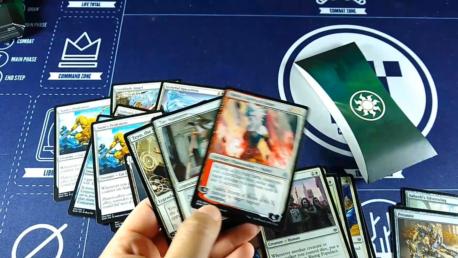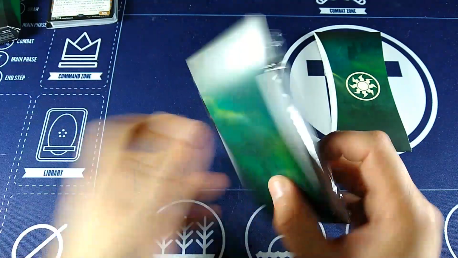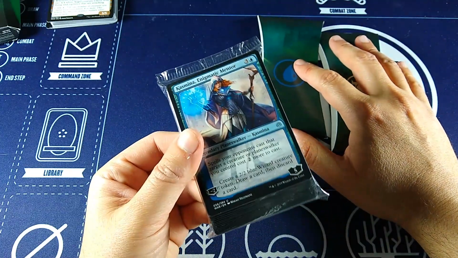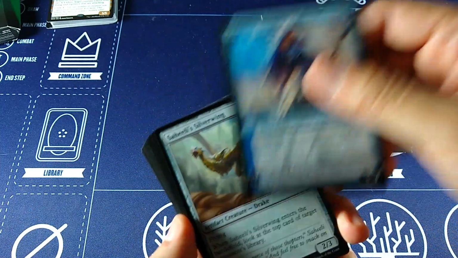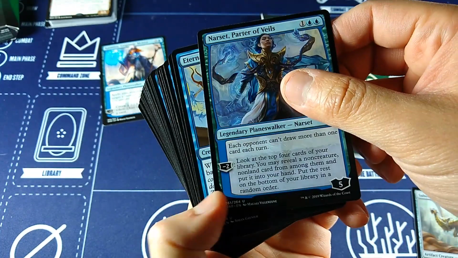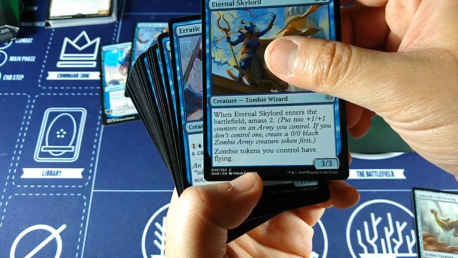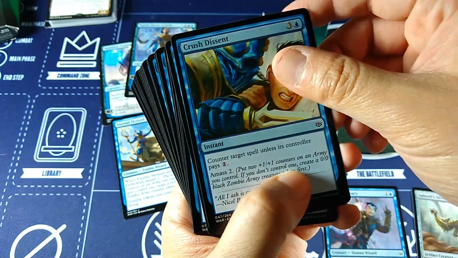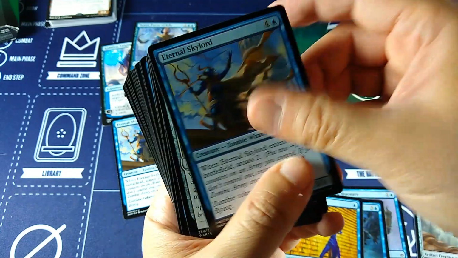Let's check out the other ones. Let's go with blue. So blue mana symbol, and right off the top I see Kasmina. She's nice, she makes wizards and lets you loot. Okay, so Kasmina, Saheeli's Silverwing, Narset, lets you get sorceries, Eternal Skylord, very nice, gives your Zombies flying, erratic visionary, I love his expression, crush descent, amass, thunder drake, cool art, wall of runes, another skylord,